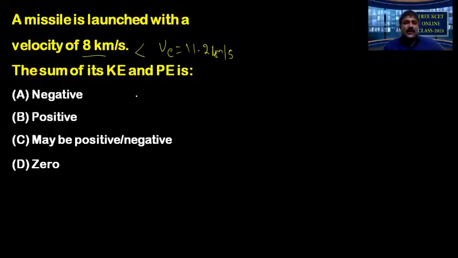So the thing here is, the energy is negative because the magnitude of potential energy is greater, and it is negative, compared to kinetic energy. And if the velocity of projection is more than escape velocity, the net energy will be positive. If it is given exactly escape speed, then total energy will be 0. Okay, so like this is the question.